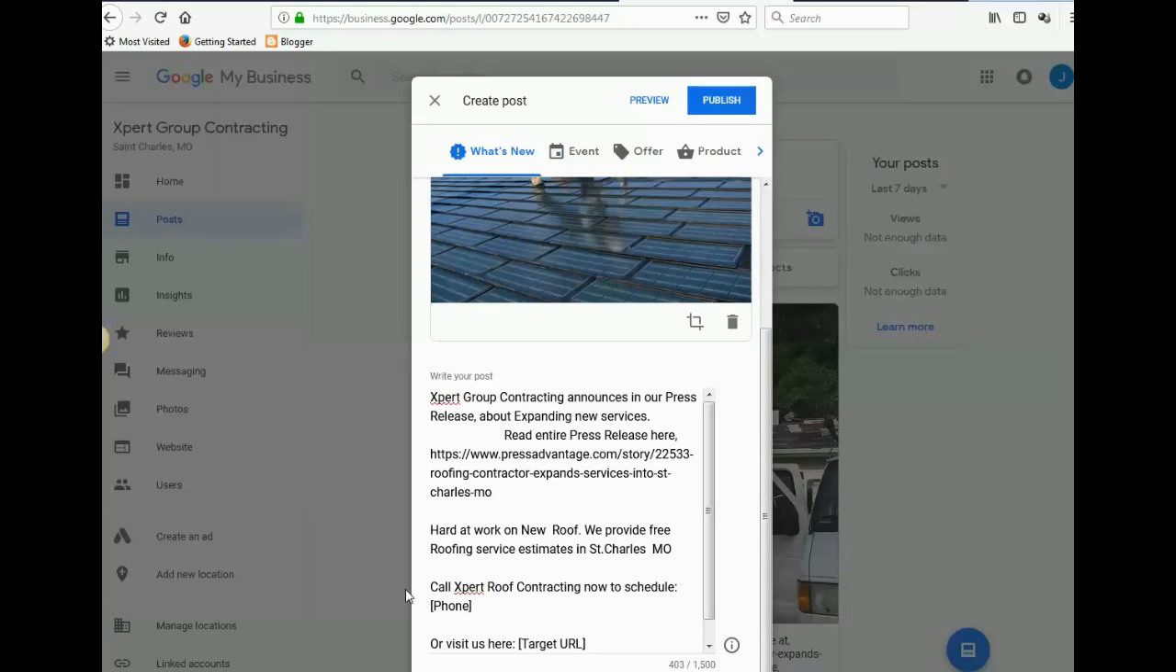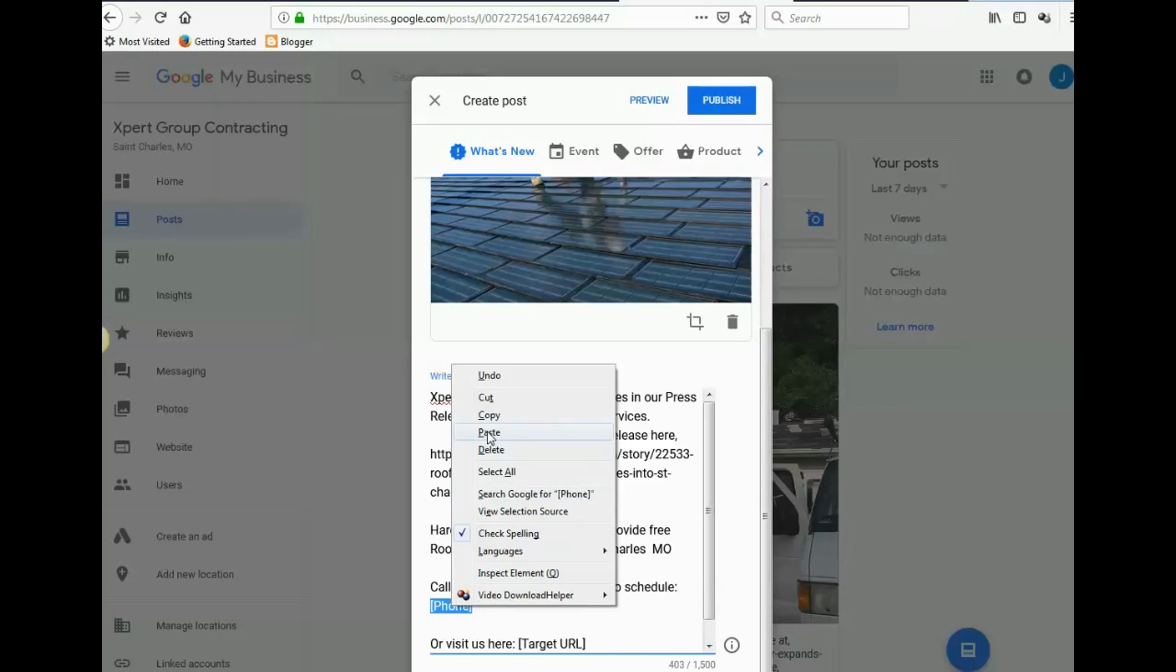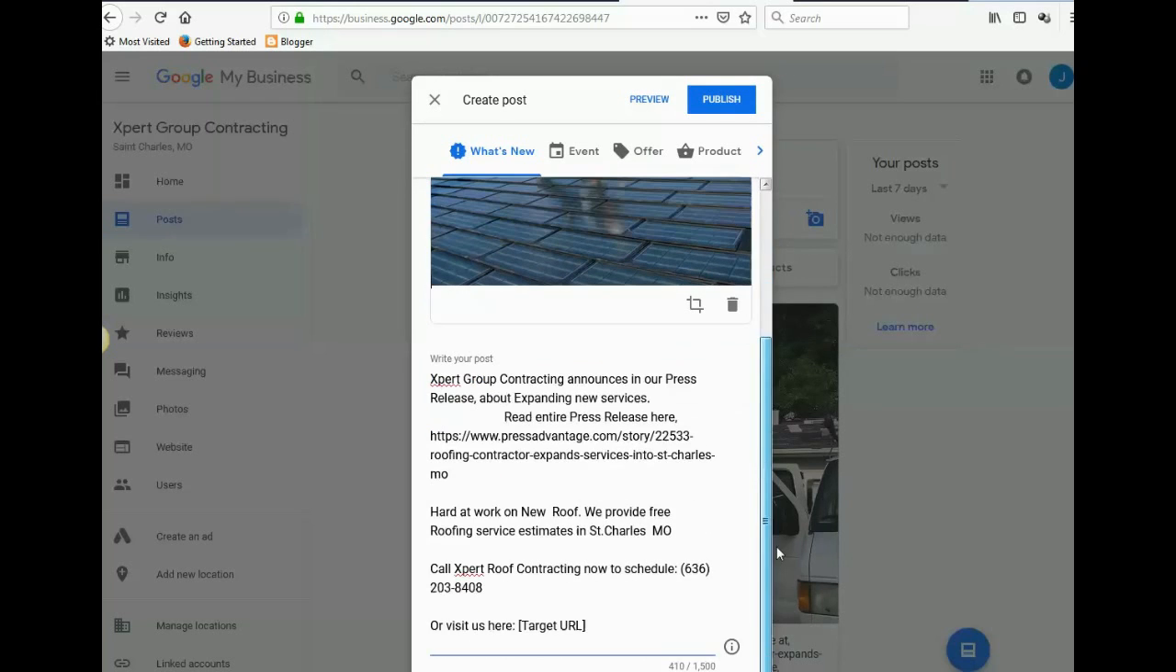And then you want to grab the phone number. The phone number and the names also are in the sheets that you're going to get. So you can just copy the phone number, grab it, right click, paste, put the phone number in, and then this link here, the target URL,